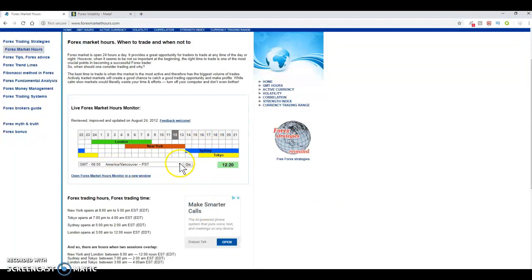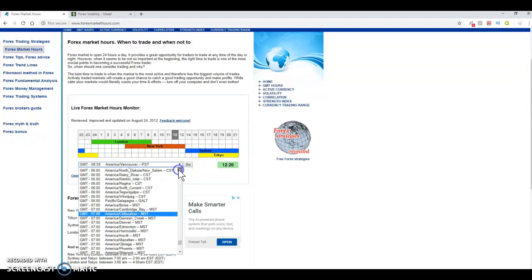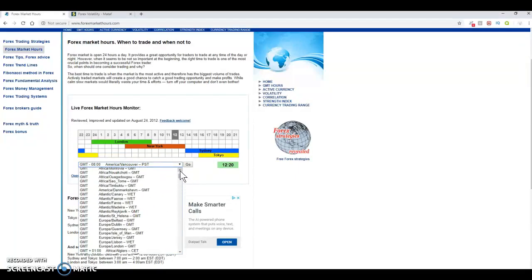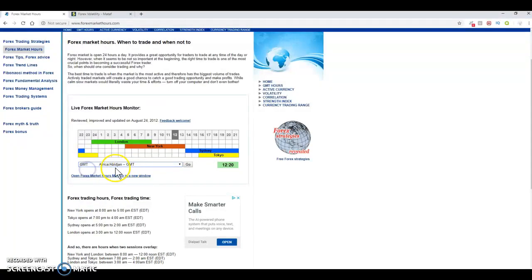So we're going to go to this scroll bar here, and we're going to open up, go to the very top, and hit one of the ones that has GMT only. Okay, hit go. And now this is highlighted, we're at 20, we're at the end of the New York session, so we know we want to look for pairs within this window here, and what's going to be volatile. So Sydney and Tokyo, generally we're going to be looking at the Aussie pairs, New Zealand pairs,